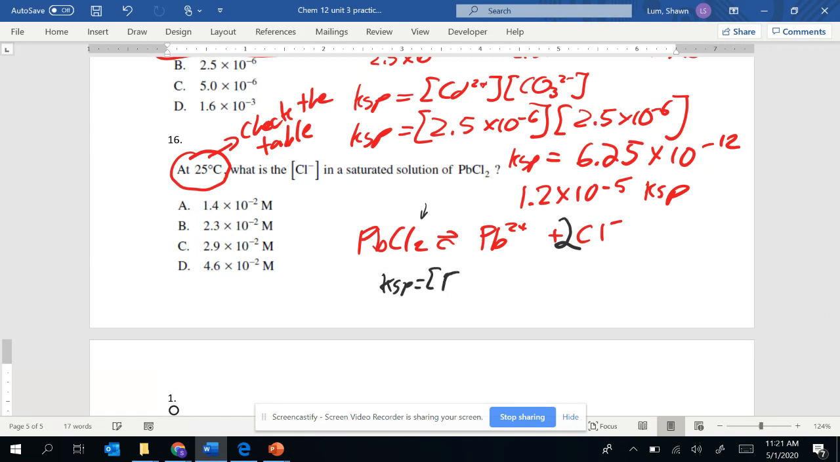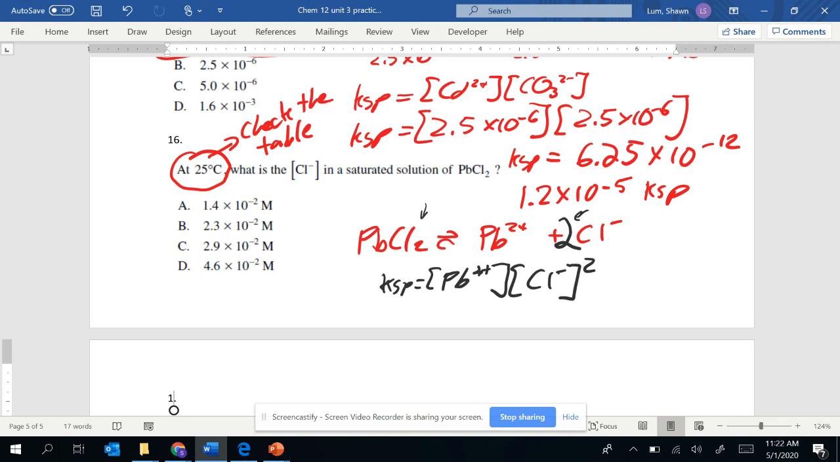equals the concentration of Pb2+, a little bit messy, looks like it says 3, but trust me, it says 2, times the concentration of Cl-. Since we have that 2 right here, we need to write a squared right there. Okay. Now, it's asking what is the concentration of that Cl-, and we don't really have